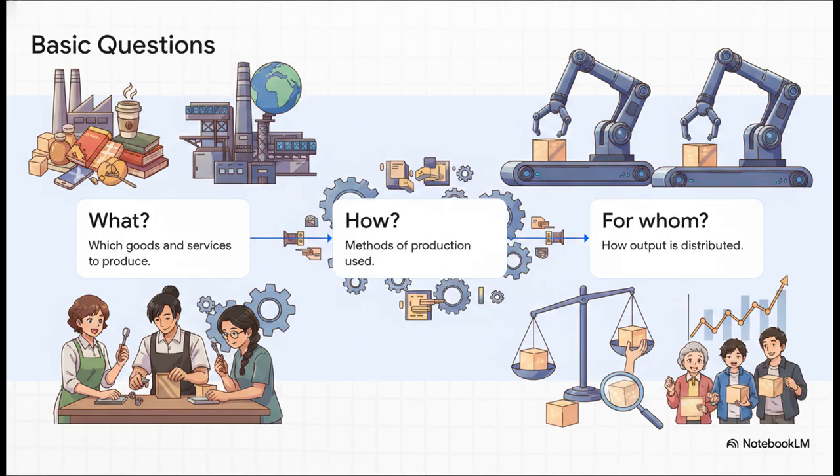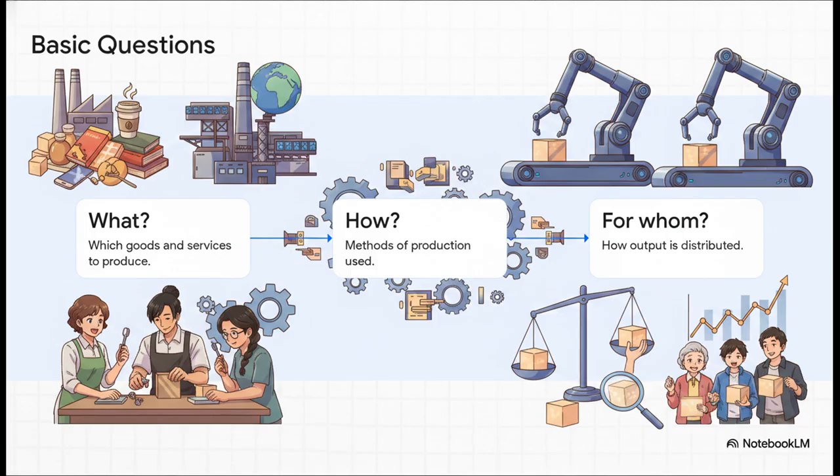Now, let's see how this builds into an actual economic mechanism. Scarcity naturally leads to choices, which causes every society to have to answer 3 fundamental allocation questions. And answering these questions results in their specific economic system. Step 1 is what to produce. Since we literally cannot produce everything, do we make consumer goods to raise our current living standards right now, or do we build capital and defense goods for the future? Well, deciding that leads directly to step 2, how to produce. Firms have to figure out how resources are combined. Do we use highly labor-intensive methods, or do we rely on capital-intensive machinery?